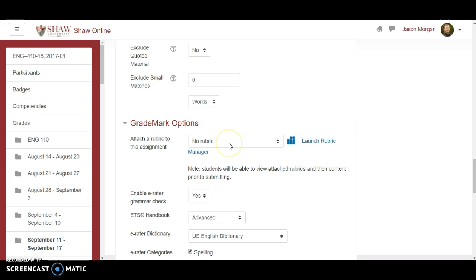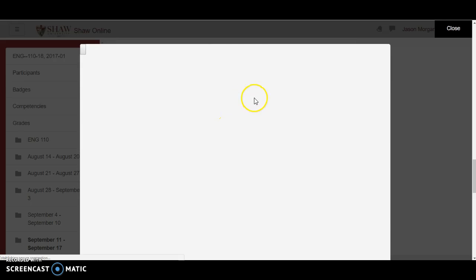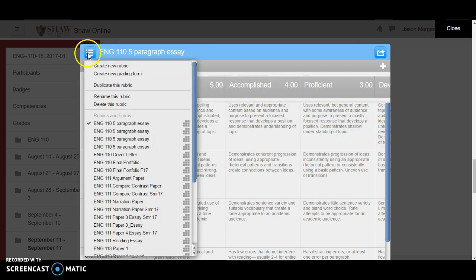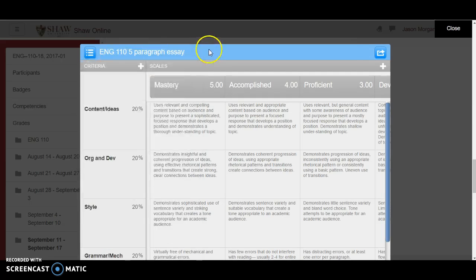Okay, so the rubric here is basically you can set it up, and let's go ahead and take a look at the rubric manager. Launch the rubric manager. Now, if you've already created a rubric that you want to use for this assignment, you can just do that. You can create your own rubrics from scratch, which this video will not show, or you can use one you've already created, or if you're brand new and